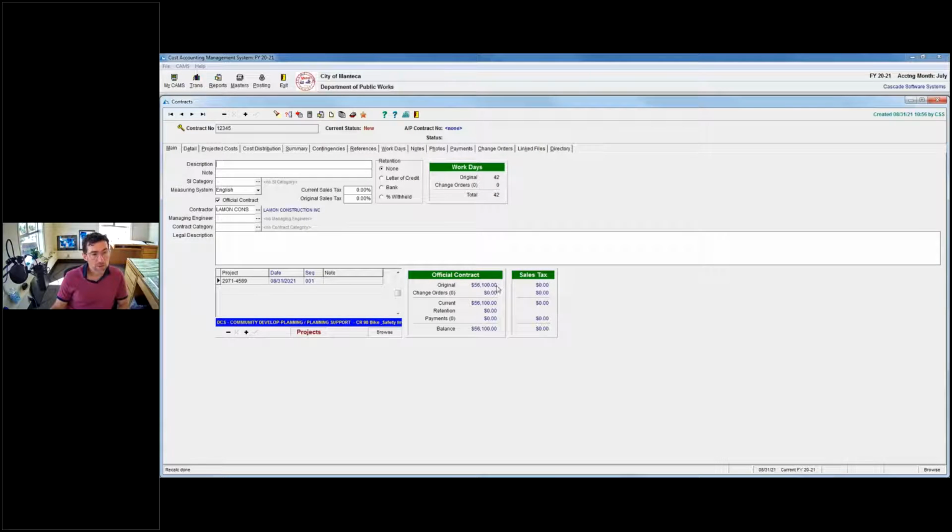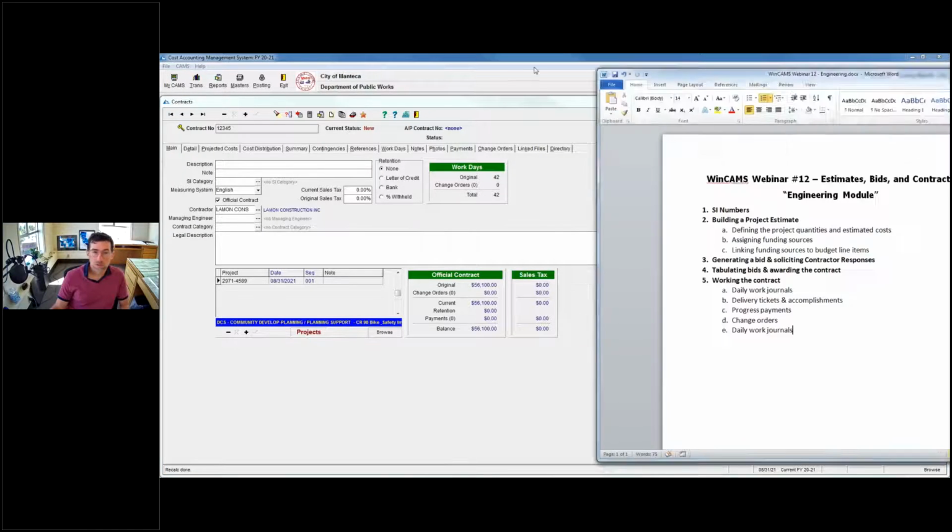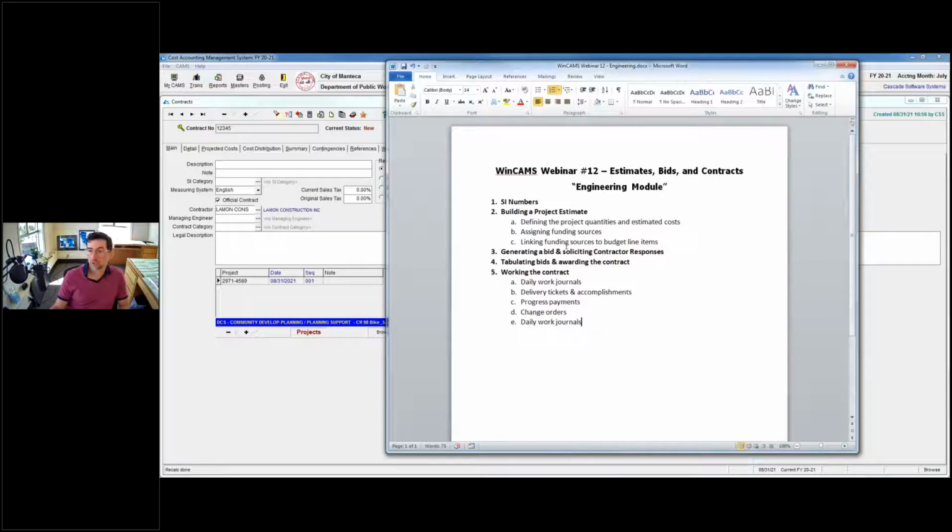You notice here that our contract says 56,100. We have 0 change orders. Our work days are 42. We have no changes to the work schedule, right? And in our retention and our payments and our balance here, okay? So now we go to the section, basically I call it working the contract, okay? So now we have a contract,